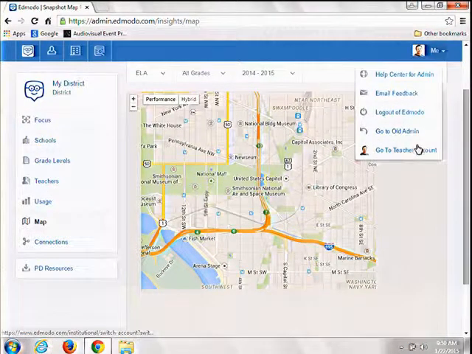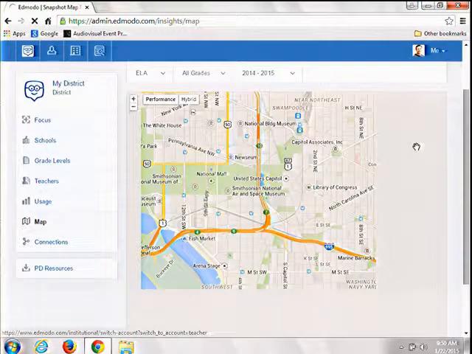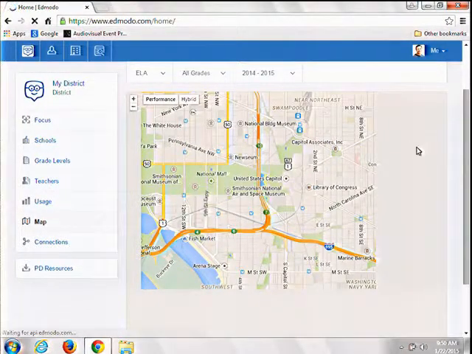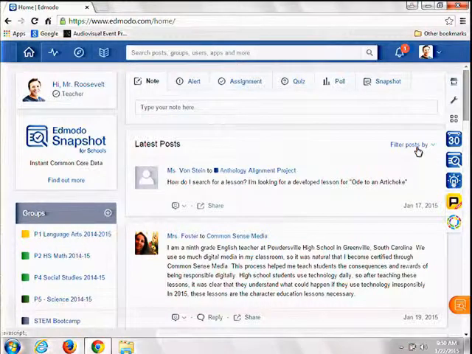Okay, let me switch back and I'm going to show you the Open Minds practice apps real quick, and then I'm going to try to save some time for questions here. So if I have activated the premium features, right below Snapshot, I'm going to have another icon for Open Minds.